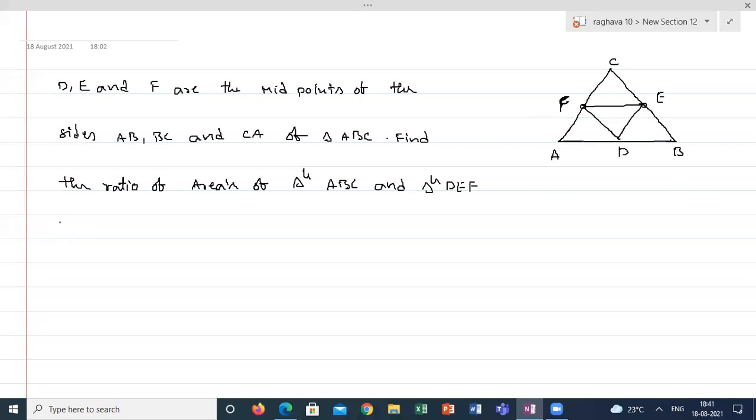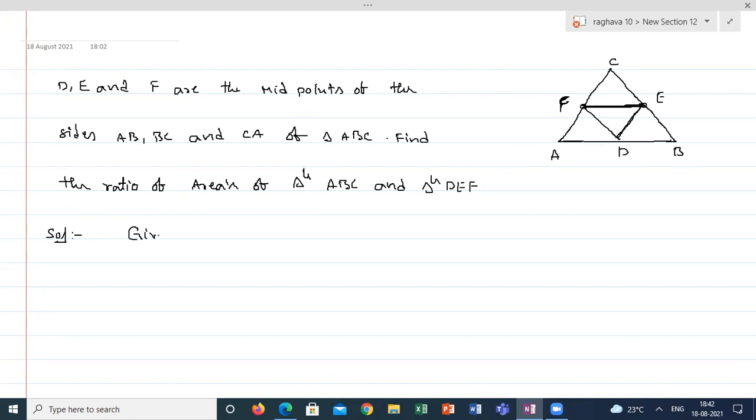How to proceed with this question? Can anyone remember the midpoint theorem or something? If I join the midpoints of two sides of a triangle, what will happen? It will be parallel to the base and it will cut CA and CB equally. EF is parallel to BC and ED is parallel to AC. Any one side of the triangle is parallel to the opposite side. I can say this.